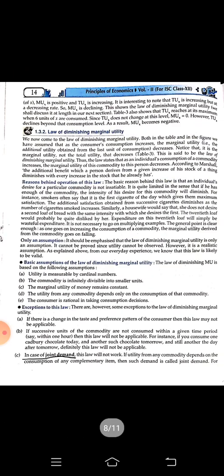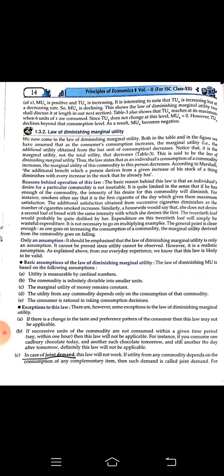Okay, let us take an example. I would like to explain it to you with an example. Suppose you came from school and you opened the fridge and took a glass of water. The first glass, as you come from sunny weather outside, you'll feel it is very satisfying, and you'll say the first glass gave me satisfaction of maybe 10 units. Then as you take the second glass, you will say okay, now I am feeling better. We are not saying 2 glasses, we are saying the second glass. The second glass is giving you maybe 9 units of satisfaction.